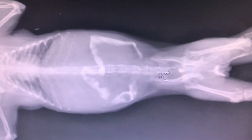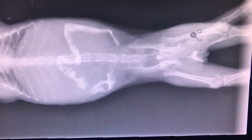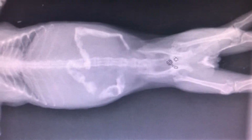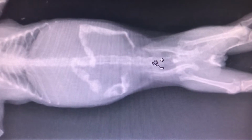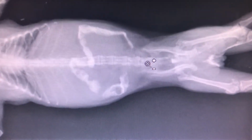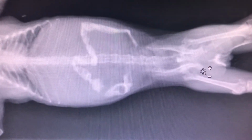Okay, so she basically is pretty painful in these areas here and also in her left leg on physical exam and palpation. So we're going to start her on some pain meds. I'm going to continue her treatment. She doesn't need any more barium. We know where that's gone and going. And other than that,